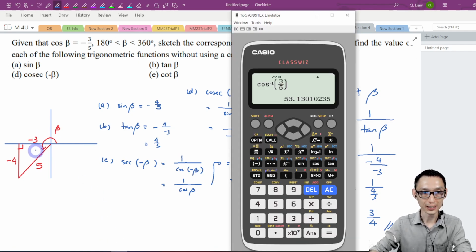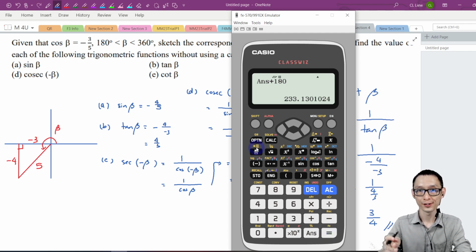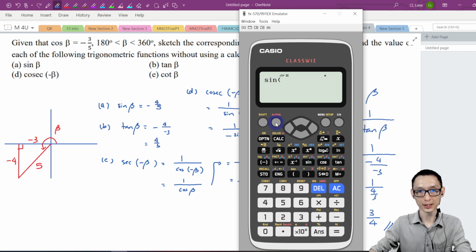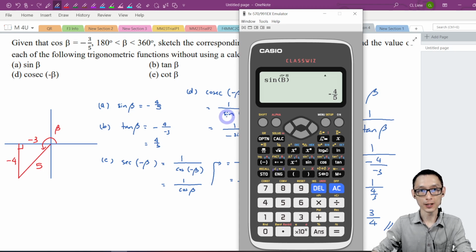So this one here is 53.13 something here. And here is 180 degrees. So I am going to plus 180 degrees. Okay, and I'm going to store this answer into my calculator. Press store and I just press B. Now later on when I press B, the calculator knows that it's referring to this value. So let's take a try. Now sine B. Is that answer correct? Yes, negative 4 over 5. How about